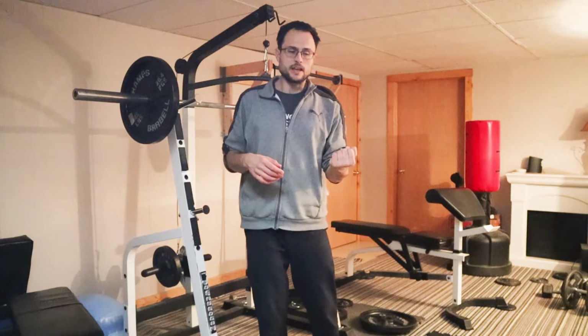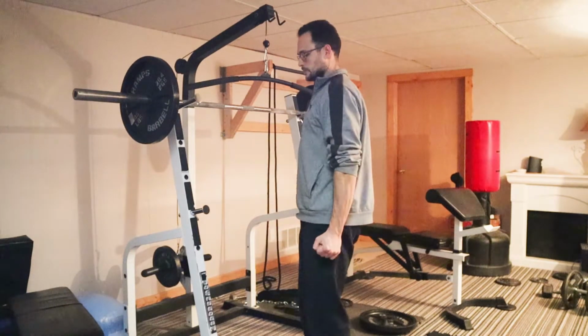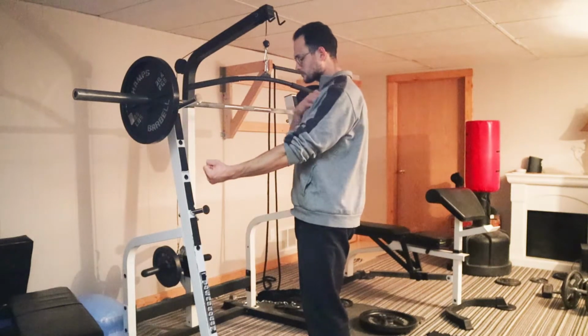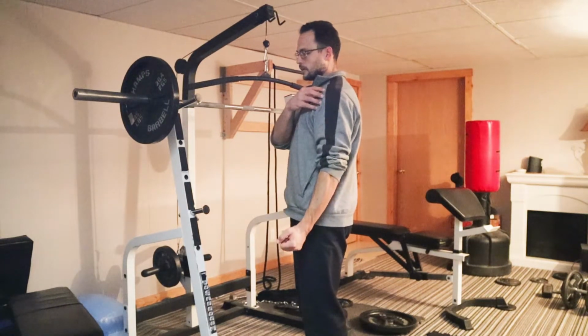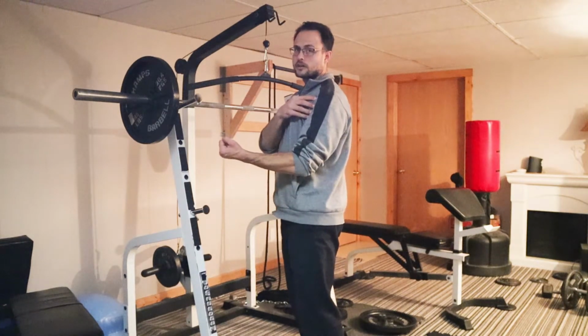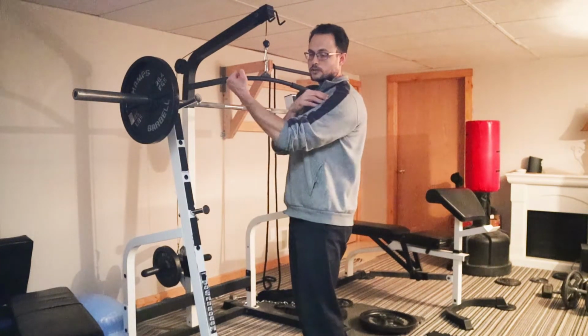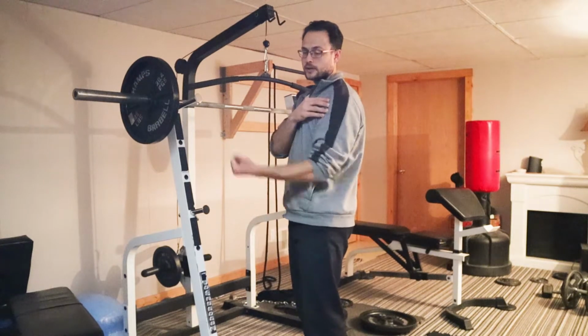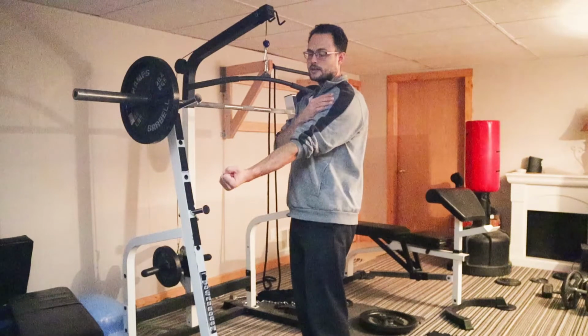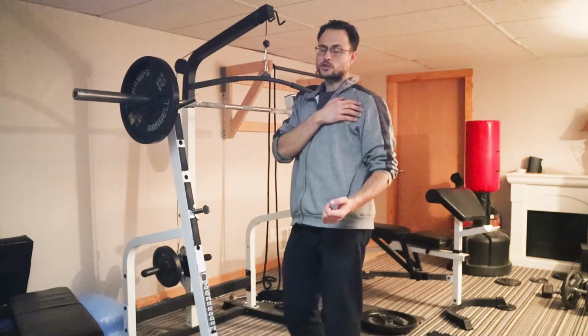But when you perform a normal biceps curl, your arms start to come forward a little bit like this, right? And so the shoulder assists in the first little part of the movement, in that flexion as you're bringing your arm up, and then the biceps takes over. So to eliminate that as much as possible and not put a lot of strain on the shoulder,